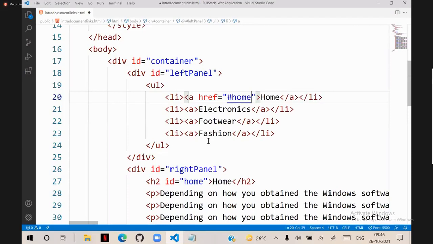That means now when you click on this home word, it will set that in the URL, and you saw what will happen when it is set in the URL. If it is set in the URL, automatically it will scroll to that location. That's it. Now we have to do the same for others. Href is equal